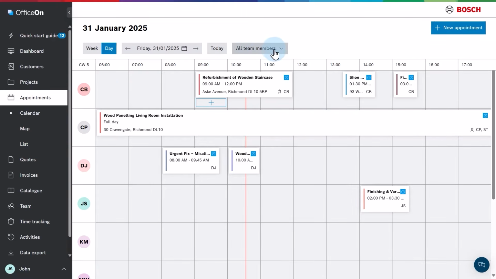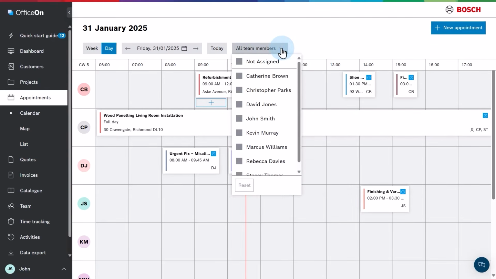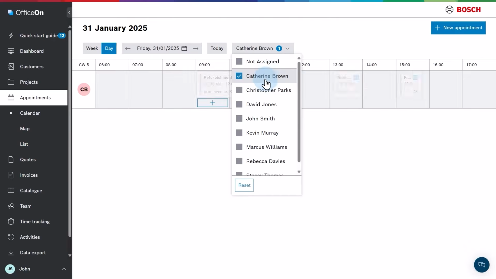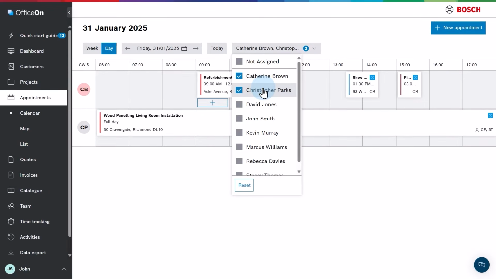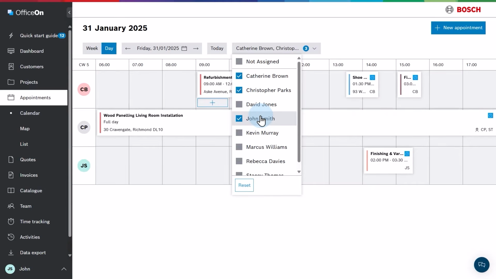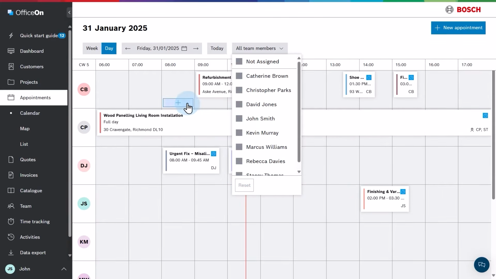In the menu where it currently says All Team Members, I can filter the calendar to show only the appointments for one or more specific employees. Alternatively, I can choose to view all employees who haven't been assigned an appointment for the selected time. If you followed my instructions when we were talking about object lists, you already know how to work with filters. If you need a little reminder on how OfficeOn uses filter functions, you can go back and have a look